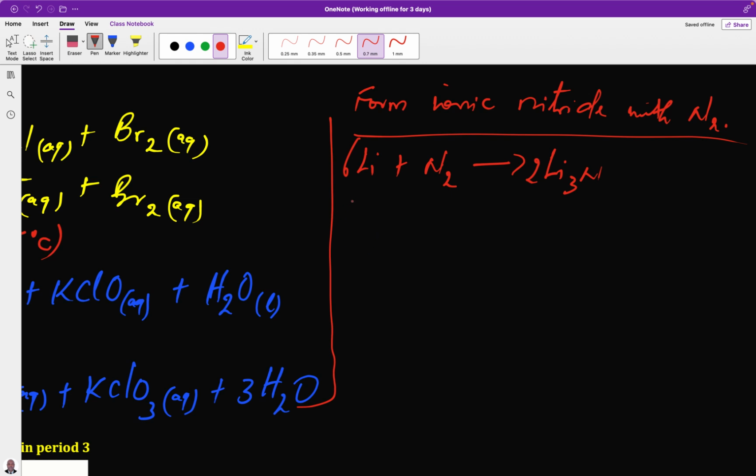This is lithium. Lithium will react with nitrogen to form the nitride. The same thing with magnesium. Magnesium will react with nitrogen to give